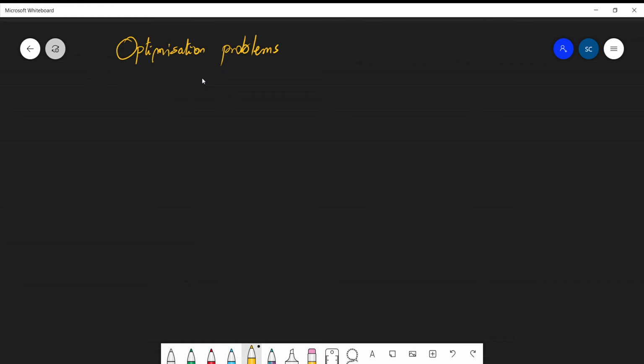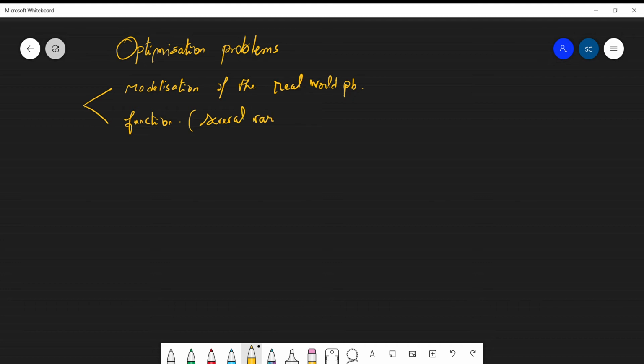There are two difficulties. You can find the part that comes from modelization of the real world problem, and also the function you deal with, that can be with several variables, not only one, several variables. So those problems are very complex, and there